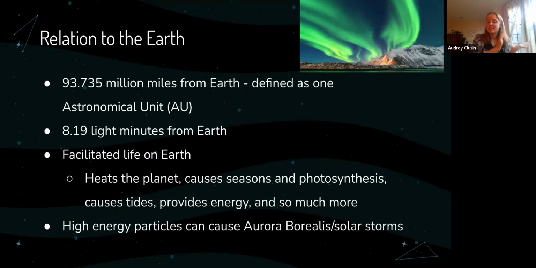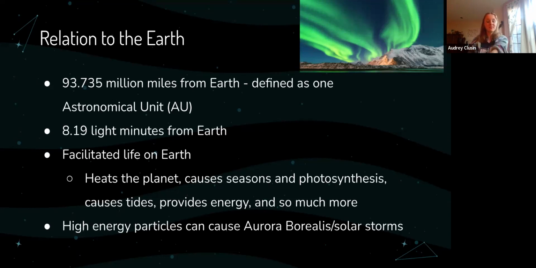So very far away, but that's a pretty helpful measurement. And light has a specific speed that it can't go over. So that means that in 8.19 minutes, light can travel 1 astronomical unit, or functionally, it takes light 8.19 minutes to travel from the sun to Earth.